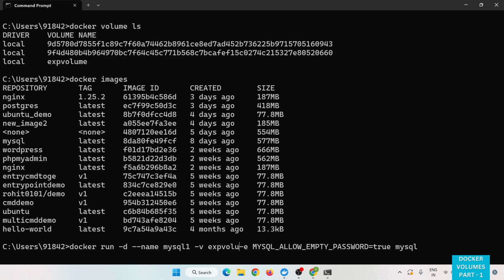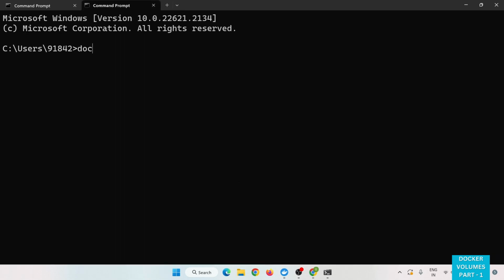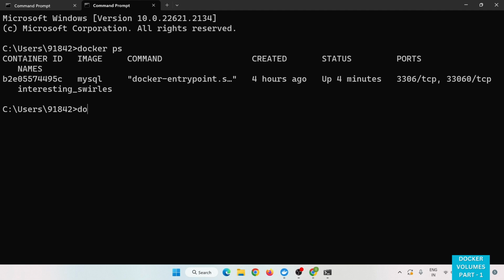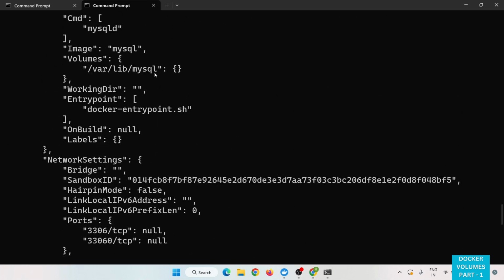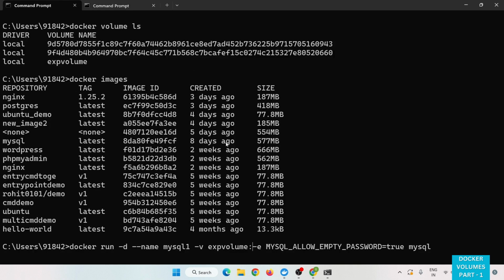exp volume, and a colon, and here we have to mention the path which we have seen before, that is, let me show you again. That is this path, volumes. We have to copy this path and here paste,